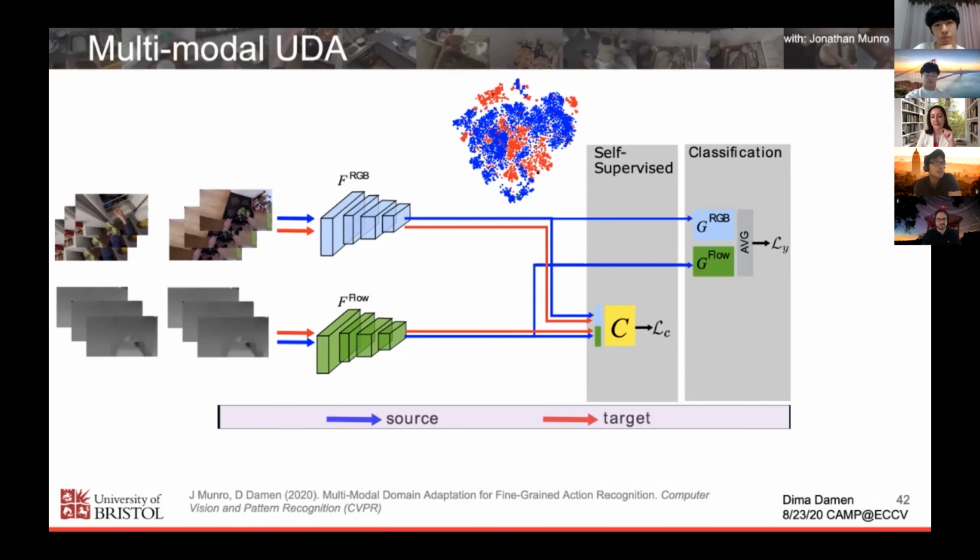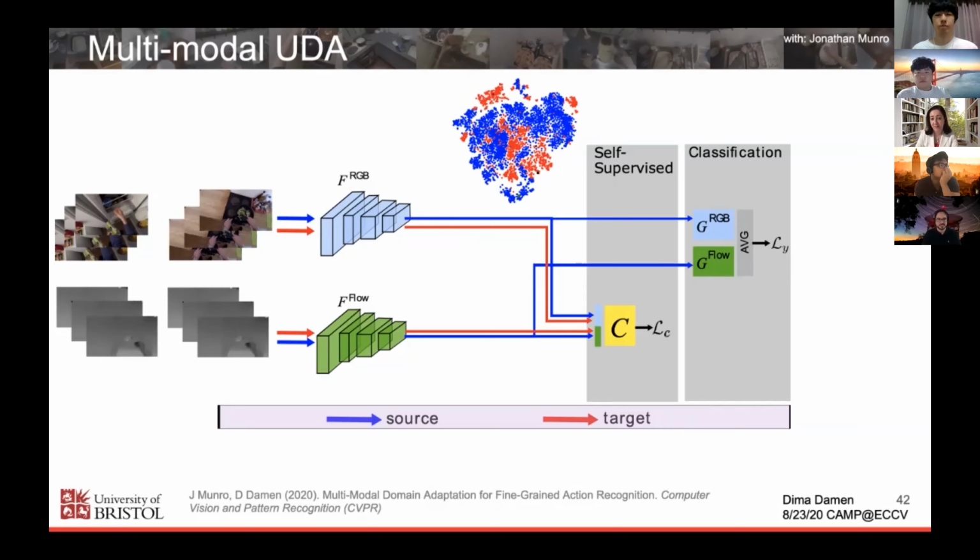Once you apply this self-supervised task, you will see that the space of target is now clustering into these action clusters because it's learning the correspondence between the appearance and the motion. So it's no longer this stretch of red space that is unrecognizable. It's doing this clustering. It's still not very well aligned with source, but it is kind of achieving a better understanding of actions in the new space.